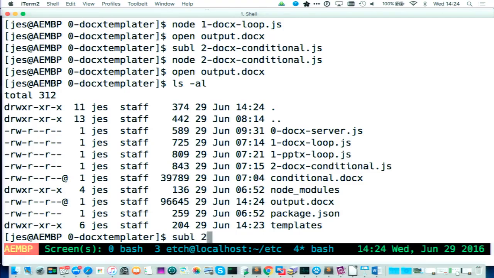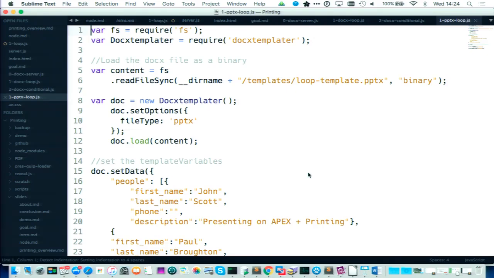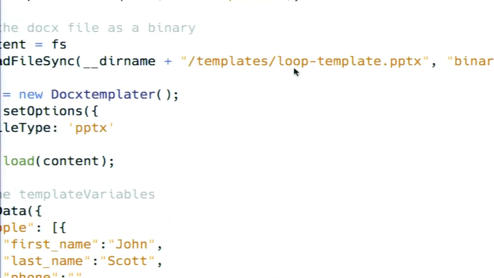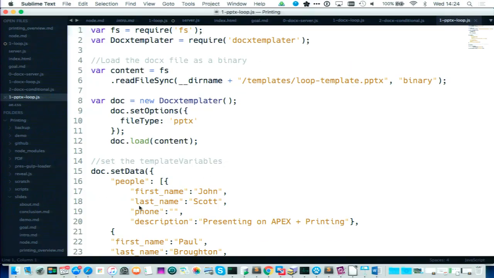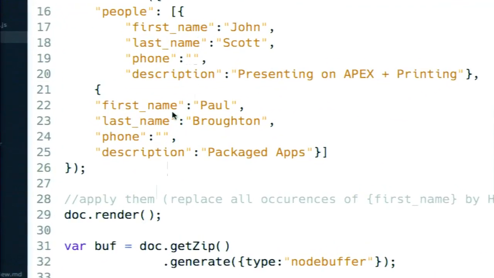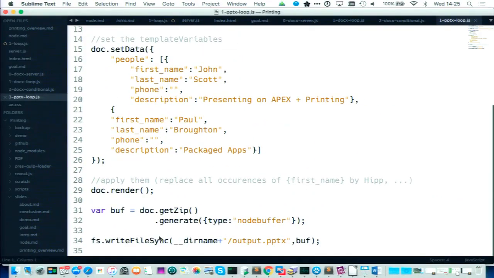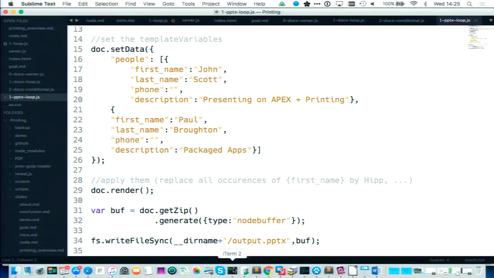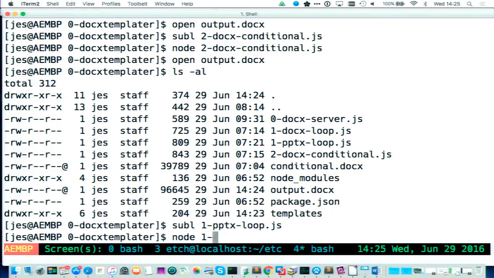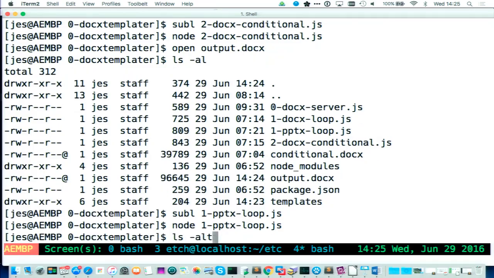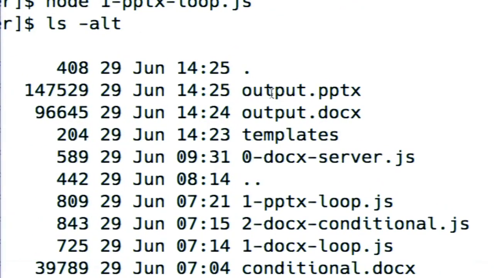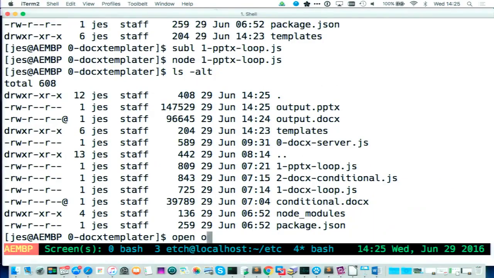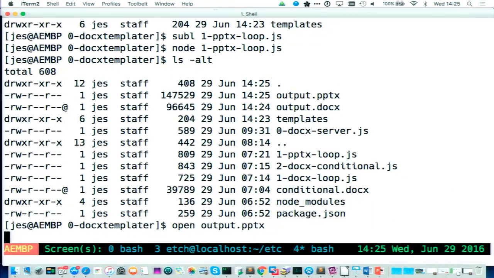Okay, other example. So look here. PowerPoint. Same kind of example, we just have a PowerPoint template here. Same data. Pretty much the same commands here. We've just told it to use a PowerPoint template. So let's run this. And that should have created an output PowerPoint file. And hopefully,